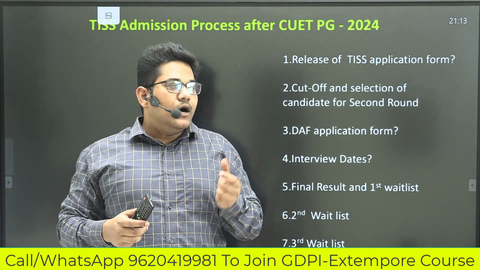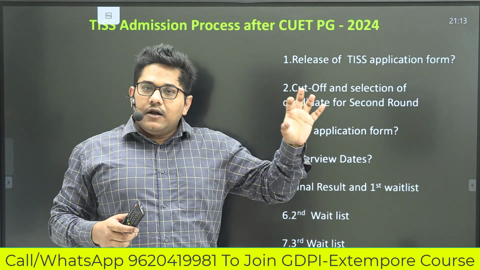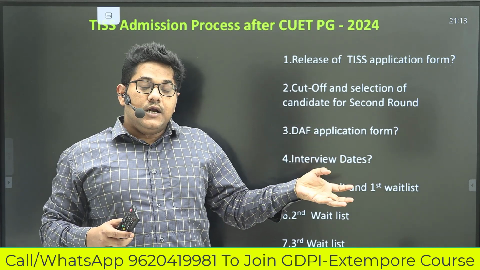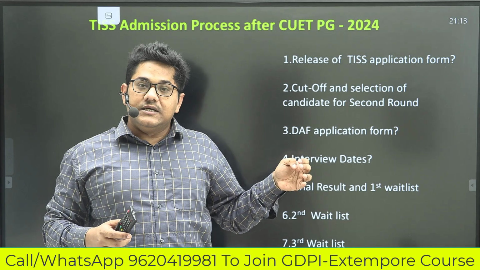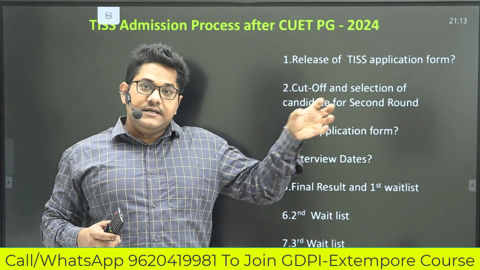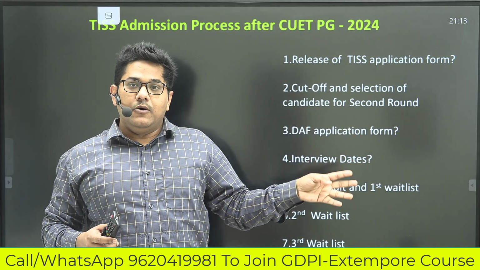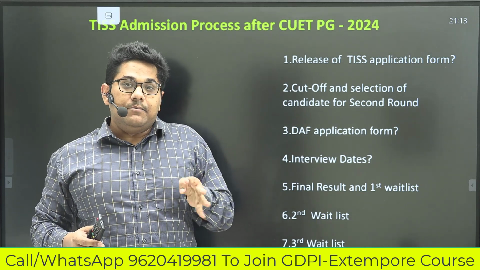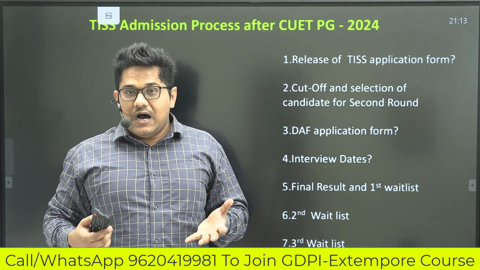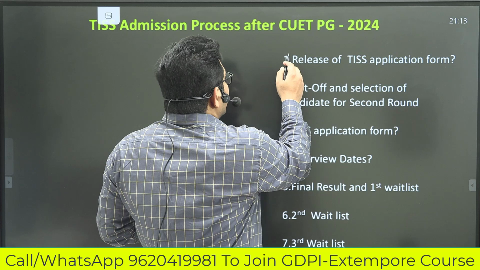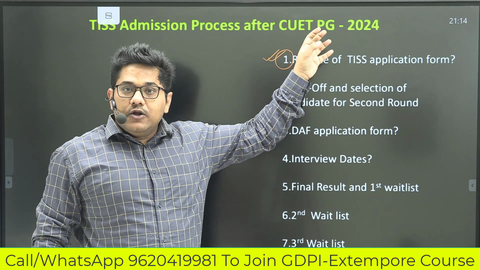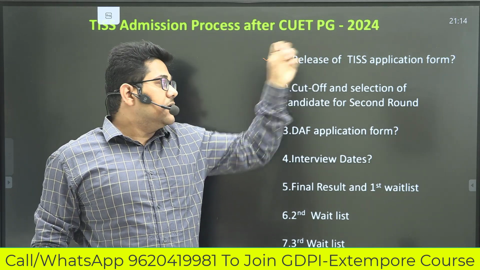Now, a major query related to this is that there are students who didn't apply to certain courses while filling the CUET-PG form. Now they feel that they could have applied for certain courses that were taking admission through the same paper, let's say COQP 11 or 12, but they didn't fill it. They are asking if they can apply to those particular courses in the TISS application form. The answer is yes. I've asked them, so this whole video is based on their reply to my mail. So you will be allowed to apply to that particular course.